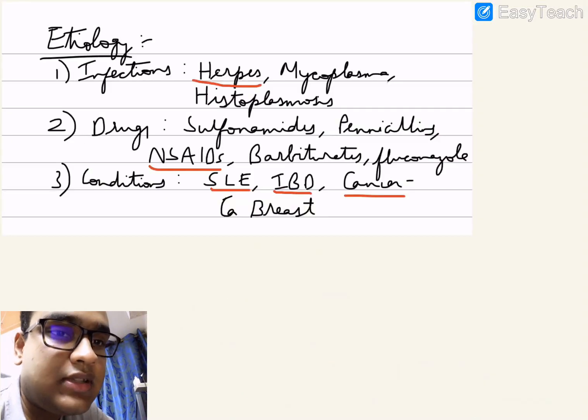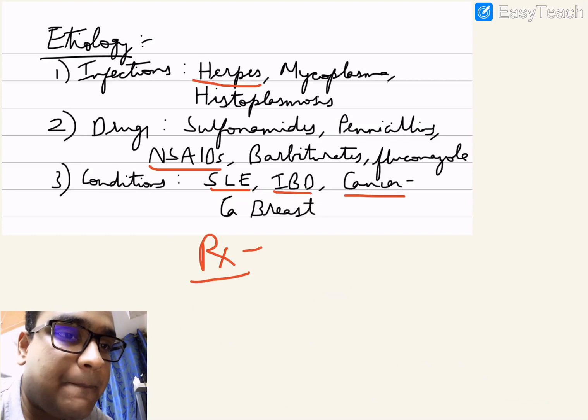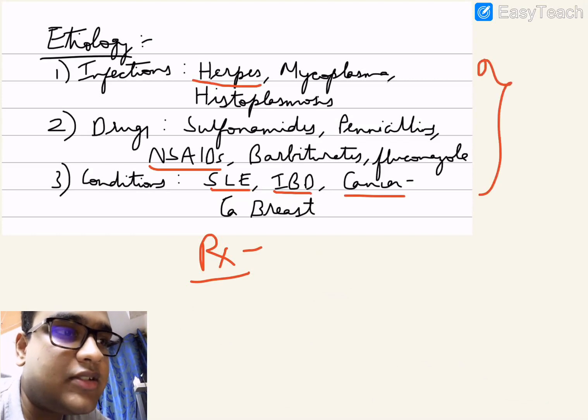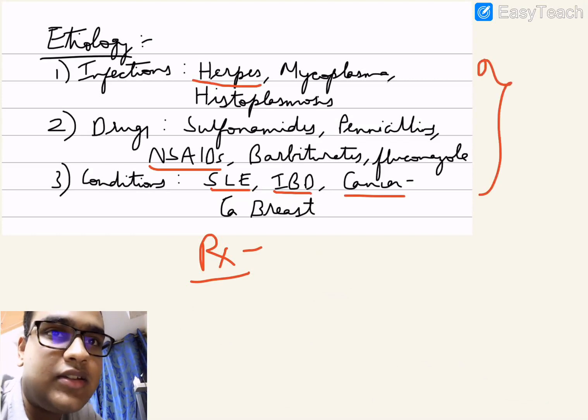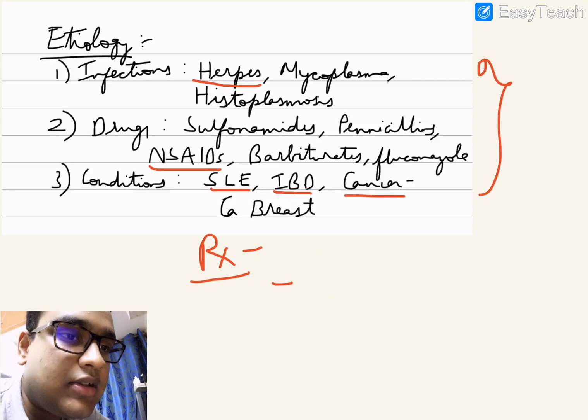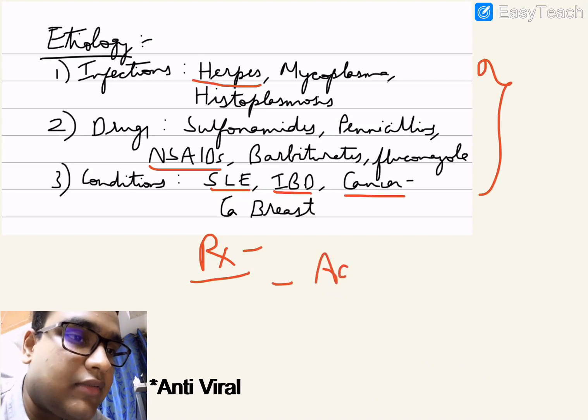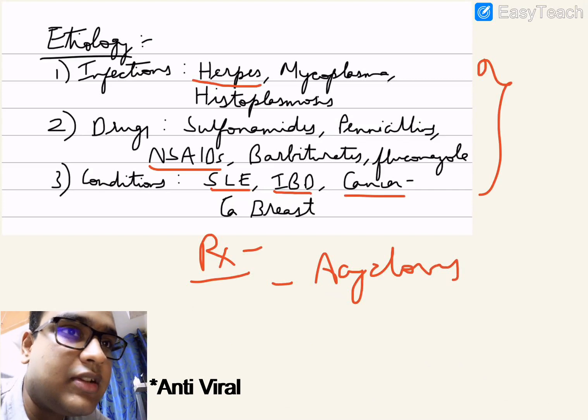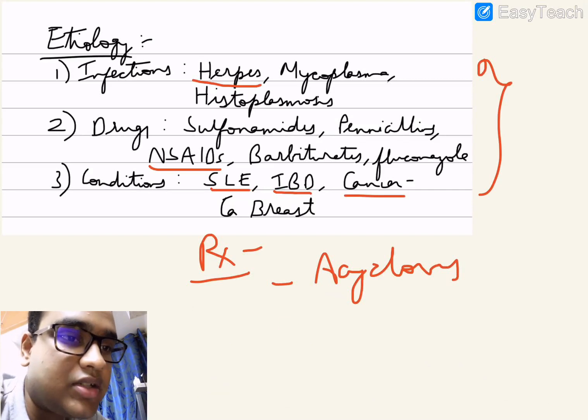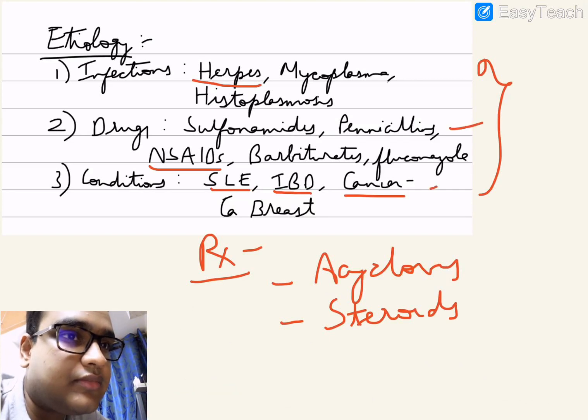So now coming to the treatment of erythema multiforme, since there are varied etiologies, it is very difficult to identify the etiology in the first sitting. So the treatment can be acyclovir, antifungal, which is given because one of the most important causes is herpes infection, or it can be steroids, where these two conditions are taken care of.